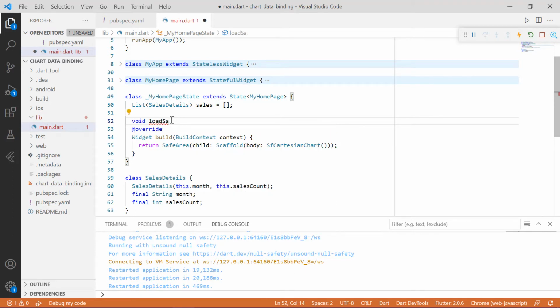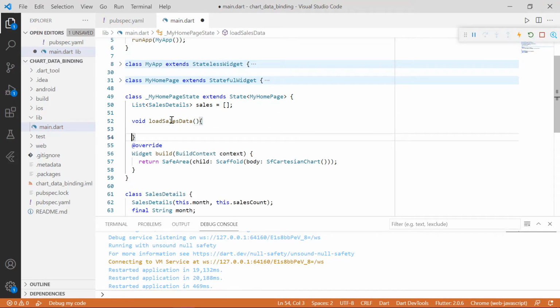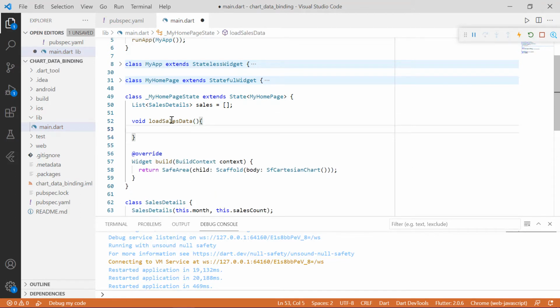So we can call this at necessary places. In this function, I will add few random data to the sales variable.